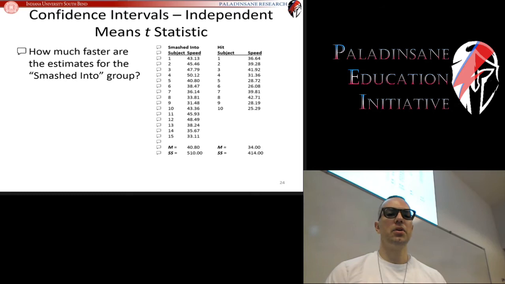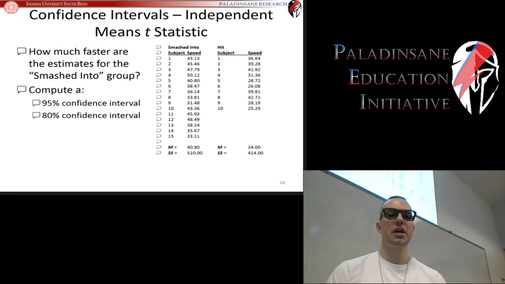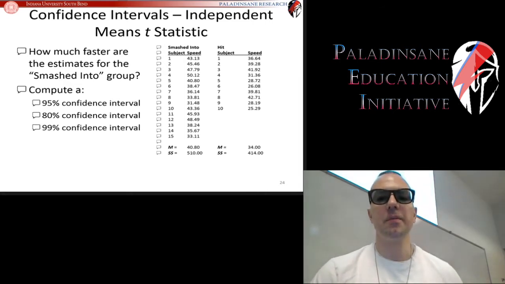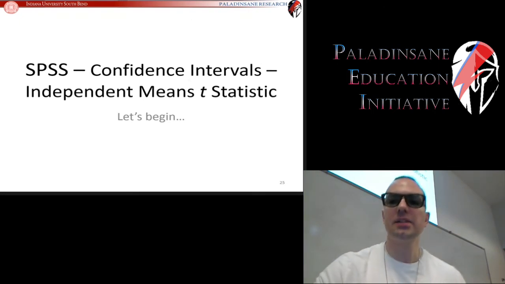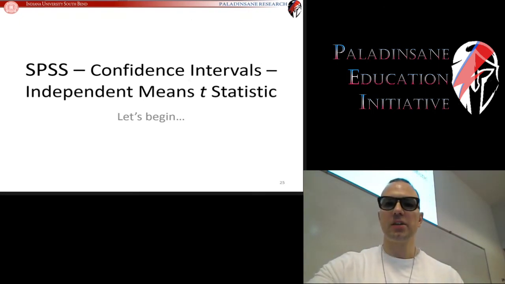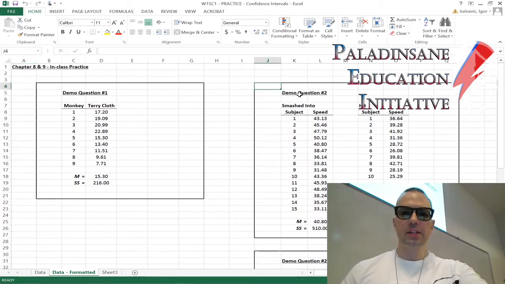And we are going to compute a 95% confidence interval, we're going to compute an 80% confidence interval, and we're going to compute a 99% confidence interval. So at this point, if you haven't already, fire up SPSS, and I will do that as well. So again, just make sure that you're ready to go as I get my own stuff up and running. All right, so while that's coming up,